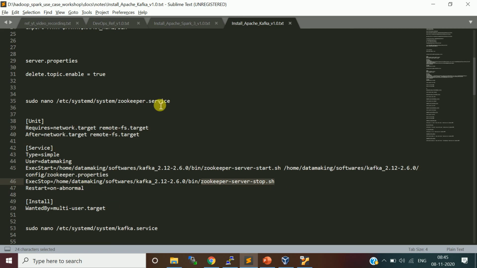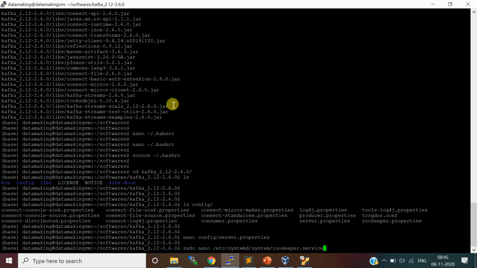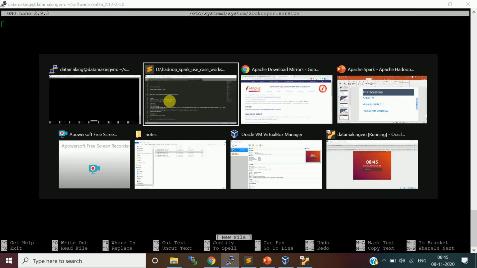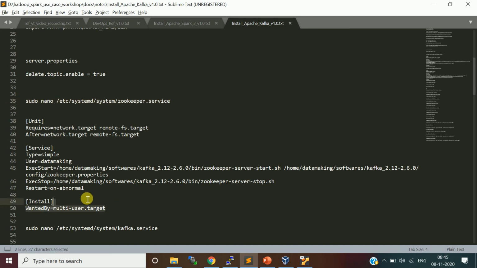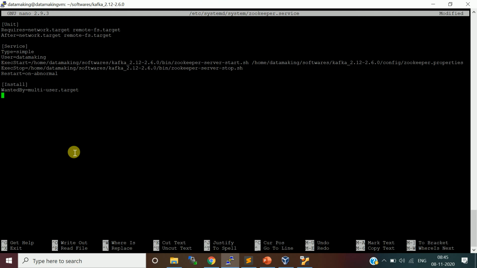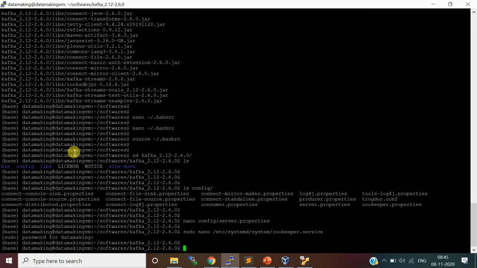This is a simple unit file. Open this file in the nano editor, it asks for a password, then paste this content. That's it, you have created the service file for ZooKeeper.